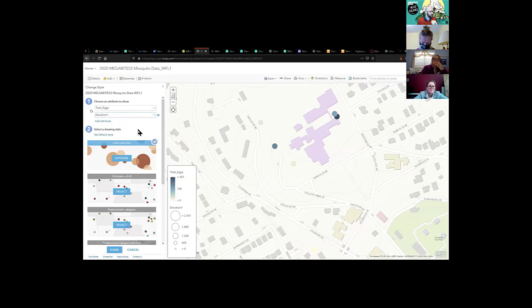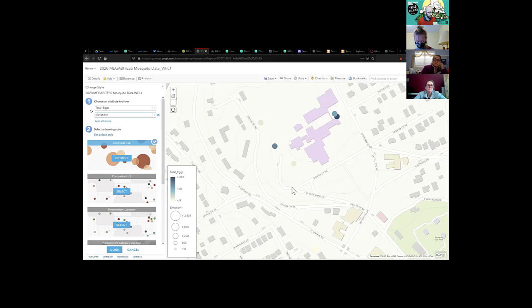And it scans it and says, okay, the color of the symbol is going to represent total eggs, and the elevation is going to be represented by the size. So you can start, I'm using the term making hypotheses really loosely here, but you could ask questions like, if I put these traps at higher elevation, will they have fewer eggs in them because it's cooler or something like that? And then we can start to look at those comparisons between the size of the symbol and the color.